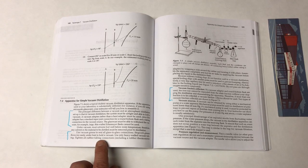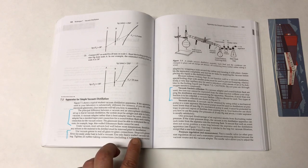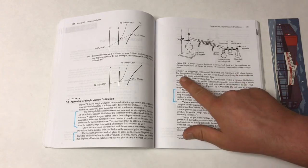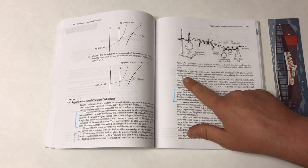Stopcock grease flows too easily under heat to hold a vacuum. Use only heavy-walled vacuum tubing. Tighten all rubber tubing connections, including the rubber thermometer adapter, by wrapping a wire around the rubber and twisting it with pliers. Assemble the apparatus completely and test for air leaks by applying the vacuum before placing any liquid in